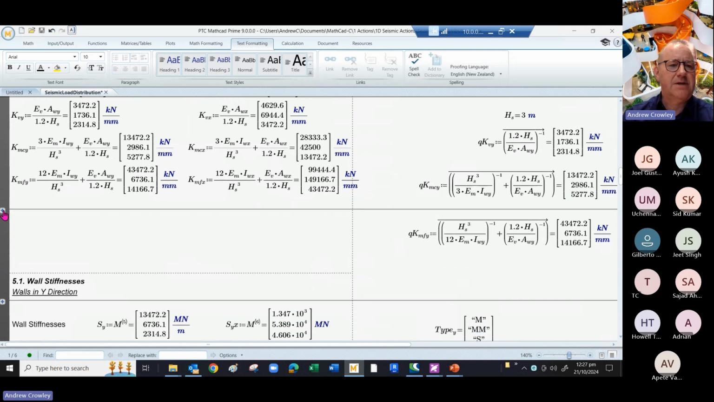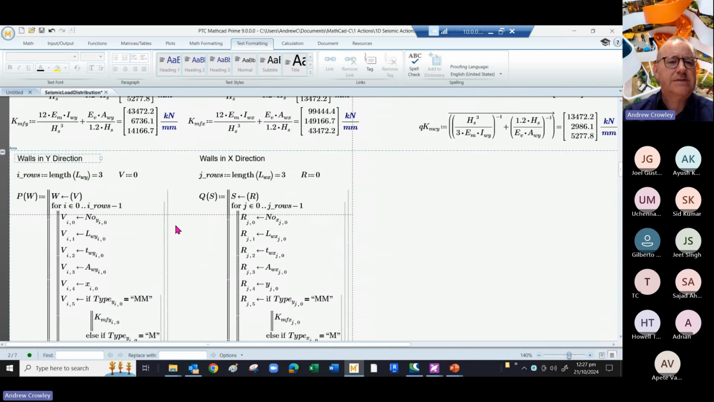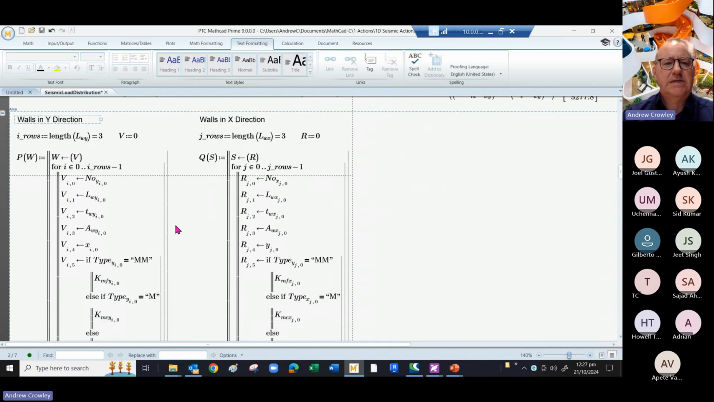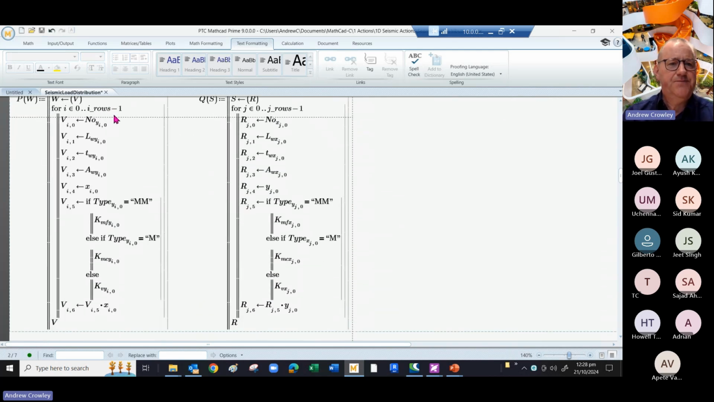So I've hidden something in here. How do we get the total wall stiffnesses? Well, because these are arrays, we need to create a matrix. And we create a matrix in each direction. So we start by defining how big our matrix is, and that's dependent on the length, the number of walls. So in this case, we've got 3 walls, and we start with an initial value of 0 for the shear, and